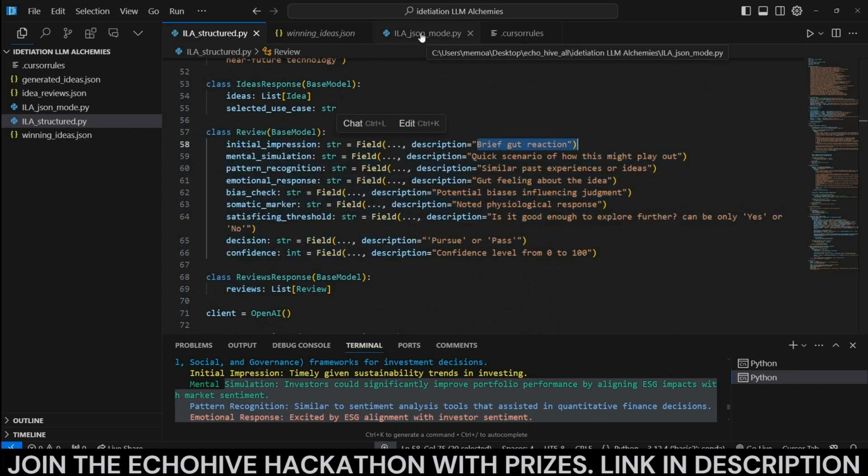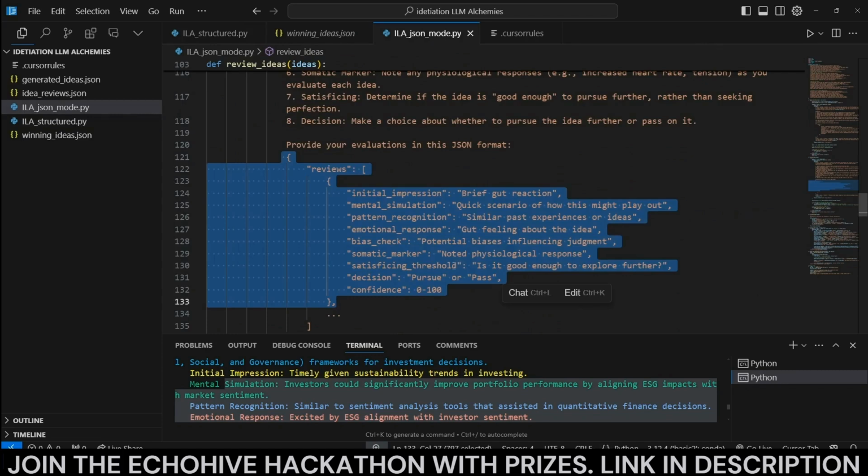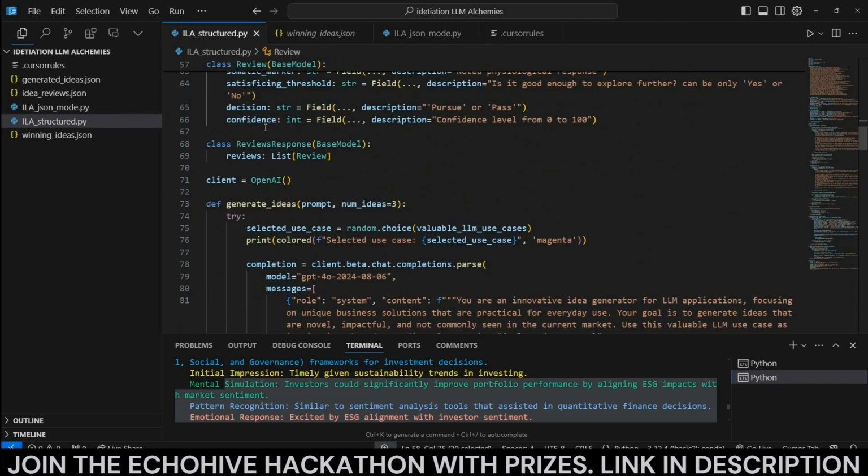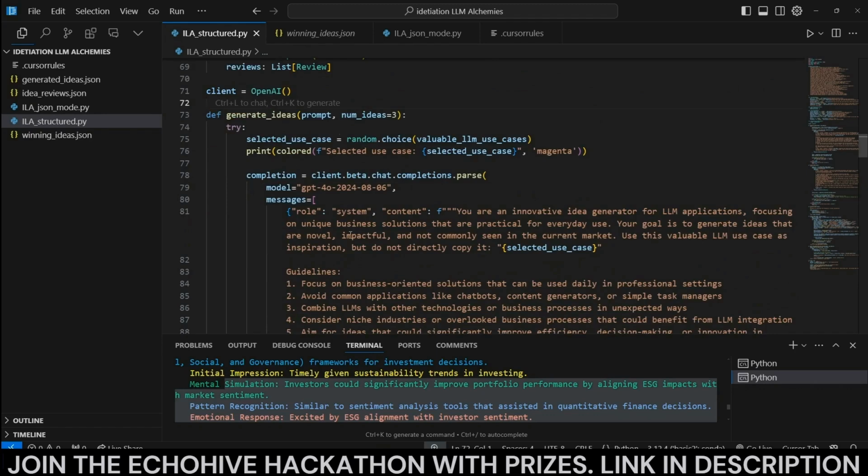So it is maybe easier to create a JSON mode first, and then I ask Claude to actually convert it to a structure. You can try to build it yourselves, of course, and you should try that. But if you want to gain access to this, it is available in my Patreon, like we said, and will be in the description. So the differences are, everything else remains the same, but the difference is we are